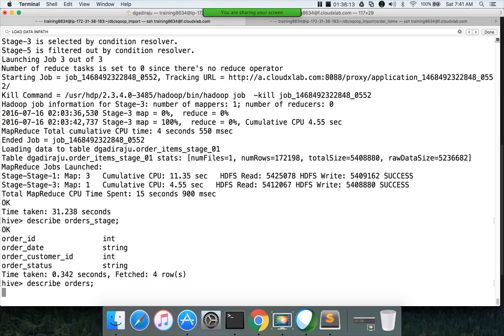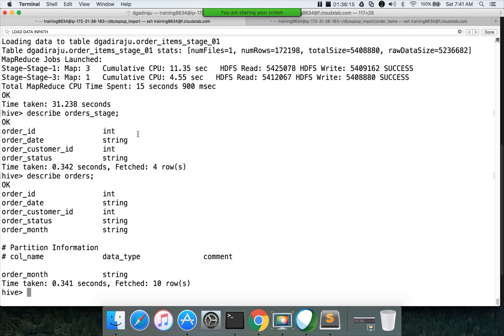So orders is a partition table, and orders_stage is a table similar to the source table, which has 4 columns. Here you can see order_month is the column being used for the partition. Now, if you want to get the structure, describe formatted orders_stage and hit enter.